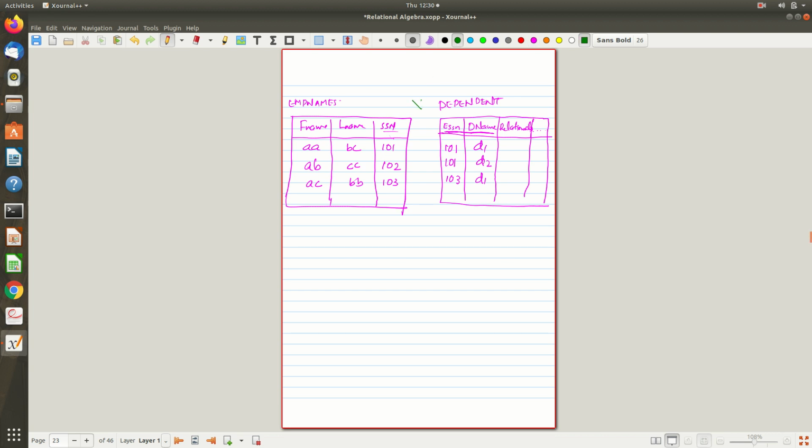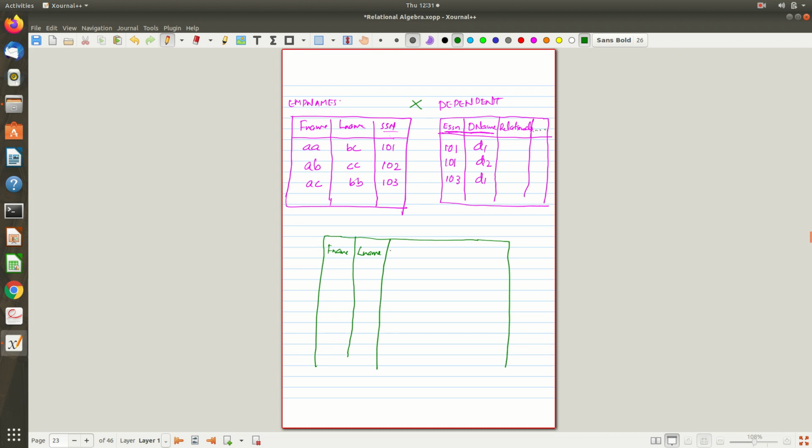Now I am going to explain the Cartesian product between these two. First of all, there is no requirement that both of them should contain the same number of degrees. So here it is just 3, here it can be anything. We are putting etc. here, any number of attributes. So when you take the Cartesian product, in the result we will copy all attributes of the first relation, that is first name will be there, last name will be there,